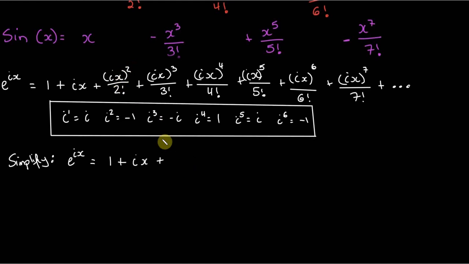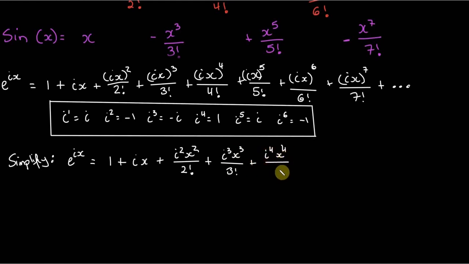So in this case, I'm going to distribute like so. So we'd end up with i squared times x squared over 2 factorial, and I'm just going to do that for this entire series. So we'd have i cubed x cubed over 3 factorial, i raised to the power 4